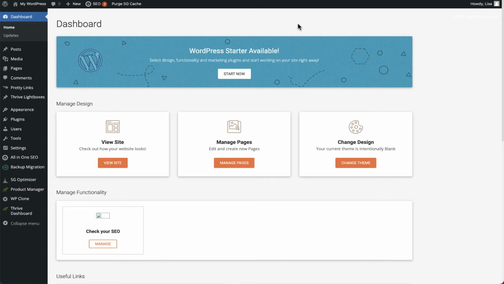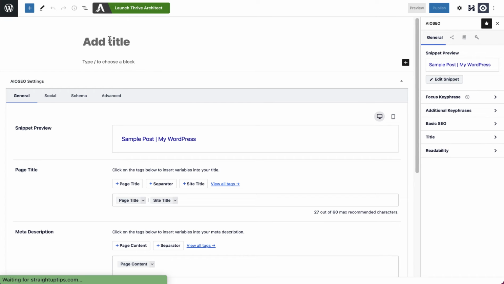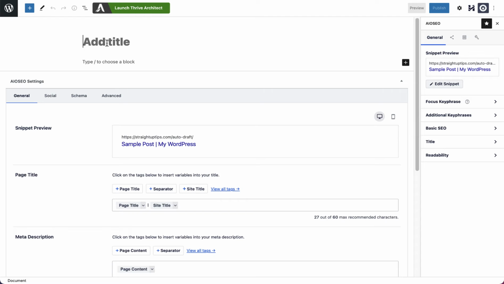So here I am, I've logged into my WordPress dashboard, and you're going to hover over here where it says pages and go down here where it says add new. Click there to add a new page. Now we're going to give our squeeze page a name that we can remember. I'm going to give the name that the squeeze page is associated with. So I'm going to type here free